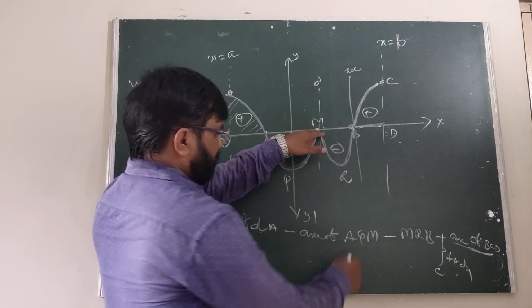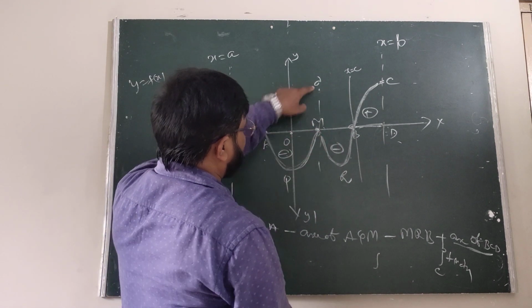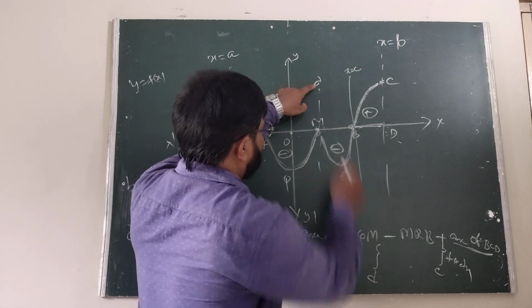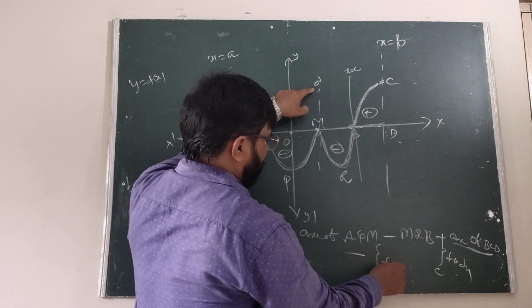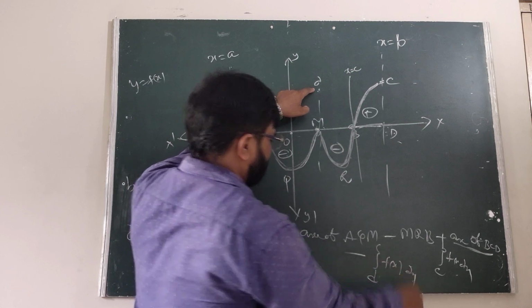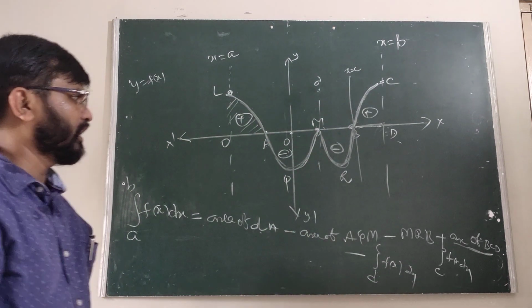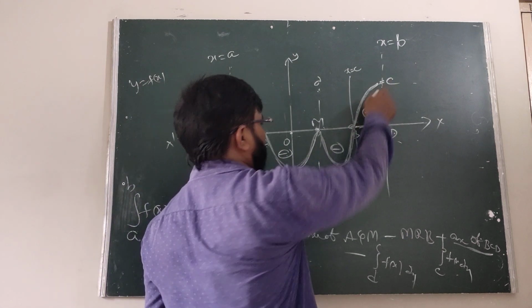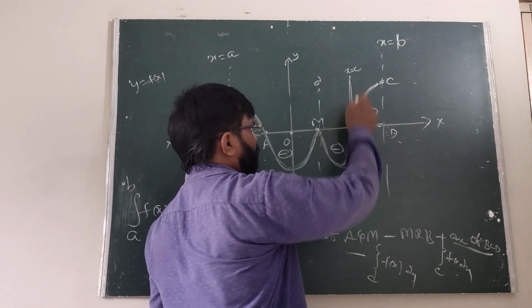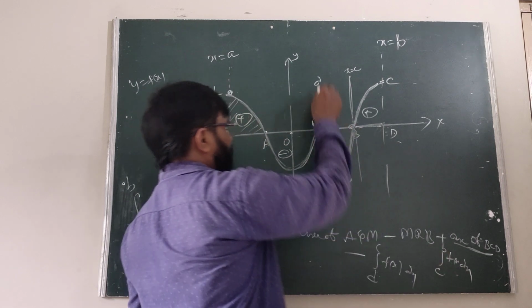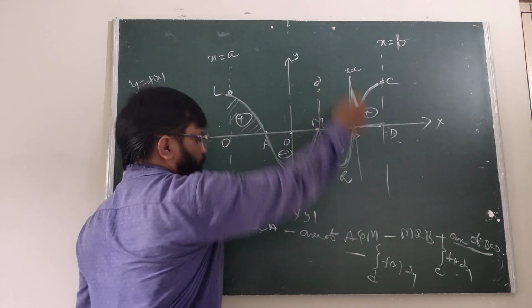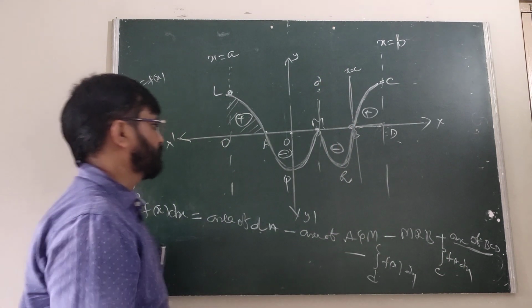How to write this one? This can be written as the integral from d to c. This is the curve here. Take minus f of x dx. Is it clear? How to write the area of BCD? Take some x equal to c: the integral from c to b of f of x dx, and with some d, the integral from d to c of f of x dx.